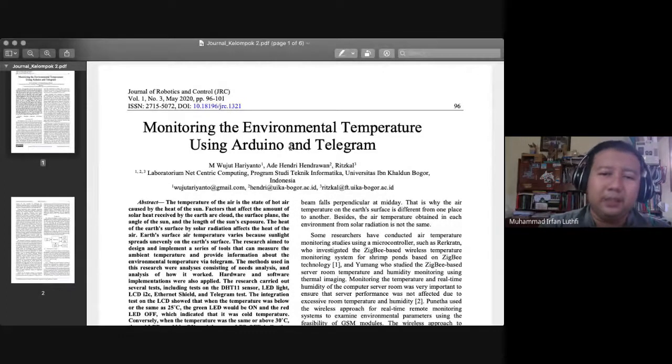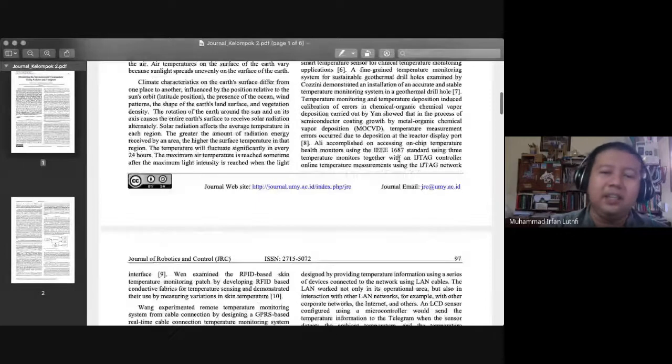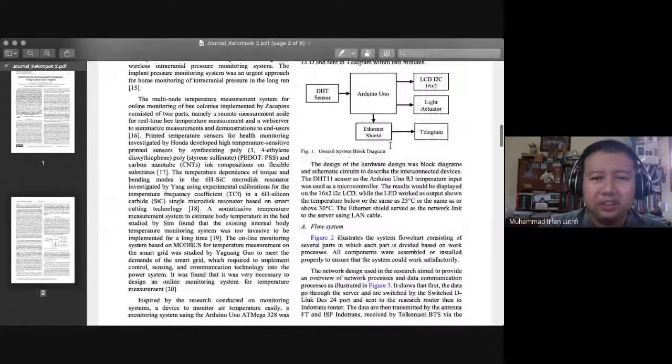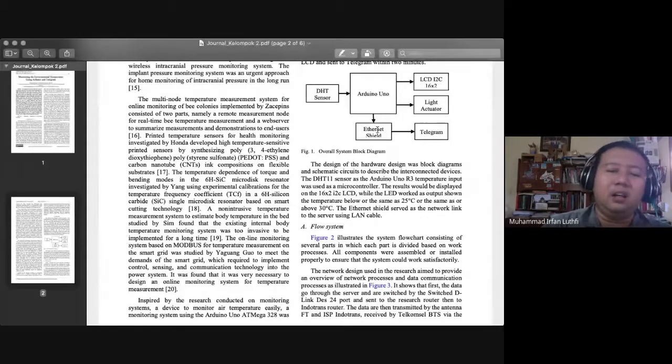Here, the keywords are Arduino and Telegram. The Arduino is okay, and the Ethernet shield is okay because it's a common way for the Arduino to send data to the internet, but they don't explain how the data is transmitted to the Telegram,